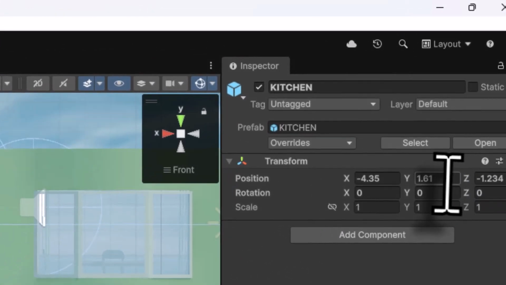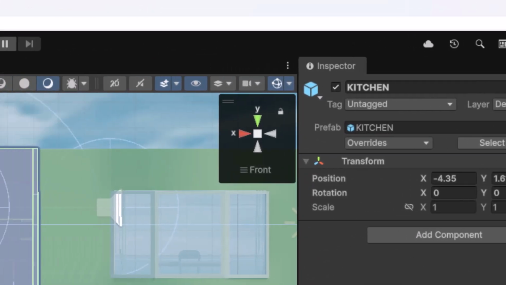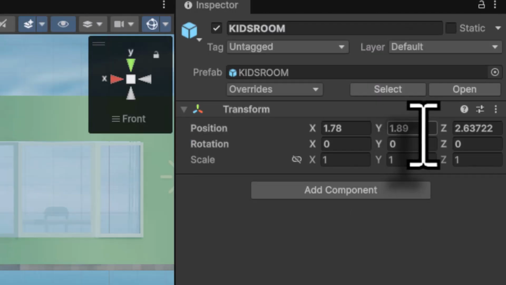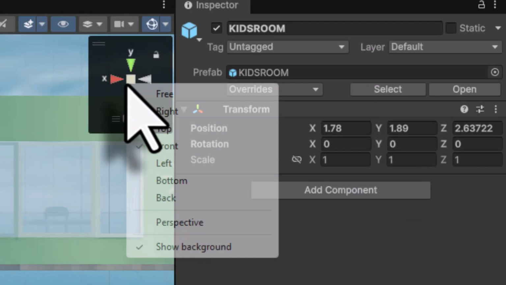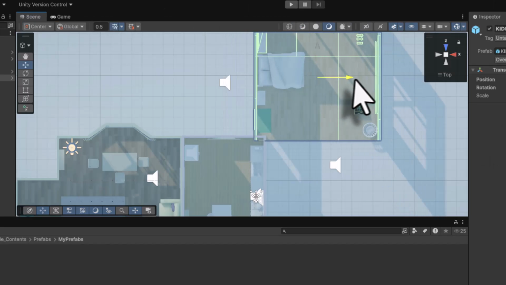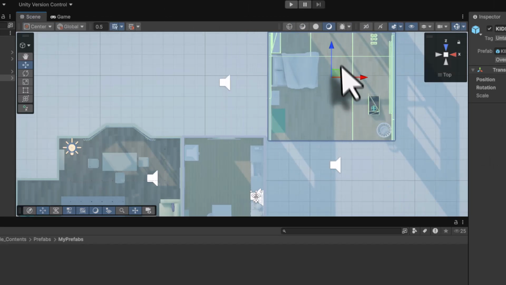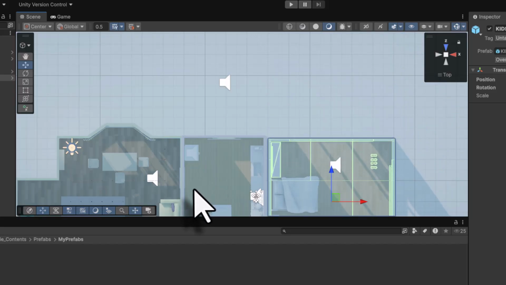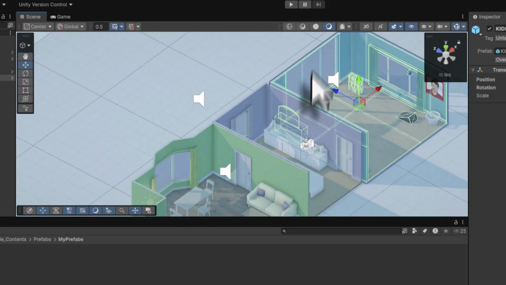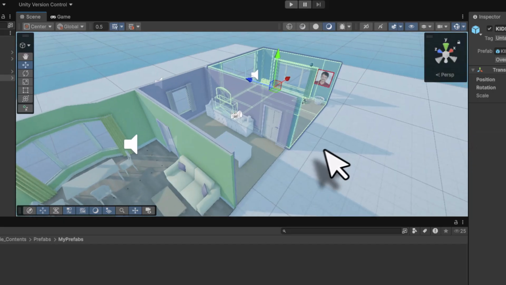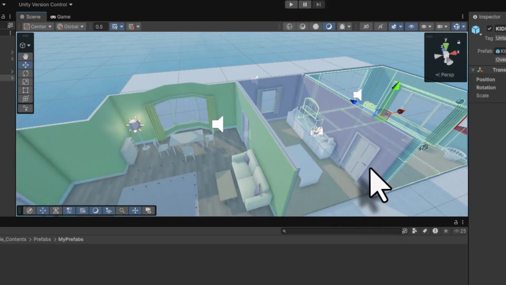Kitchen along Y, I have changed it to 1.61. Select the kids room also. It is set to 1.89 along the Y axis. Then I will right click and come into the top view, and then along the X axis I will move it to the side, and then I will move it forward here, and if I right click and turn around, I will come into this view, right click and I will enable perspective,